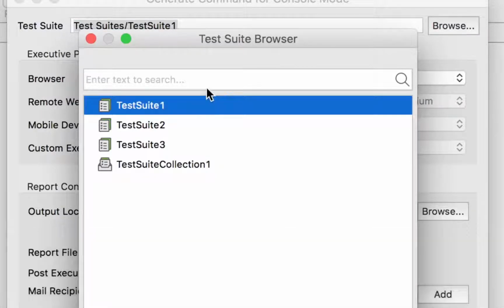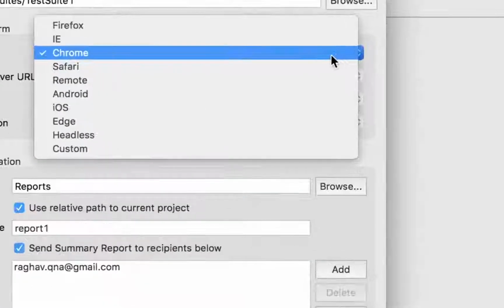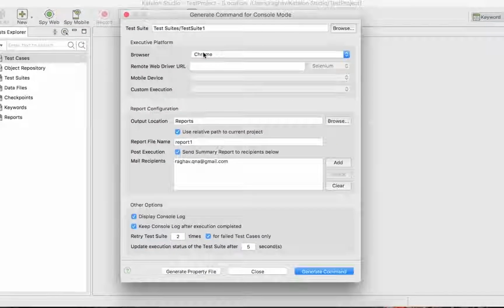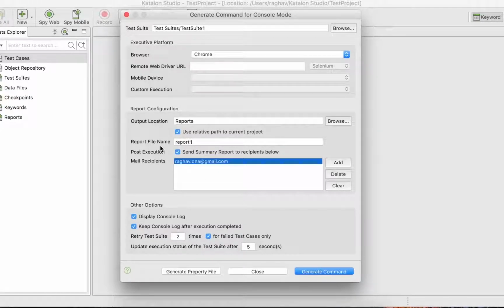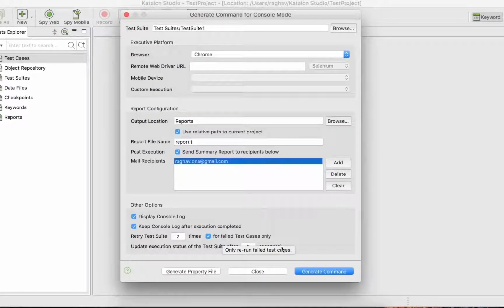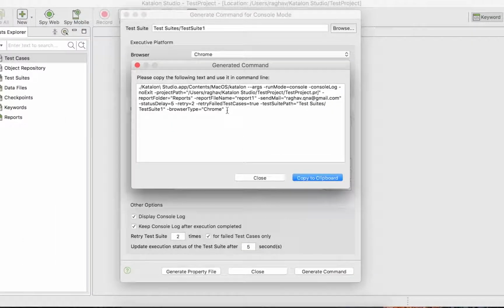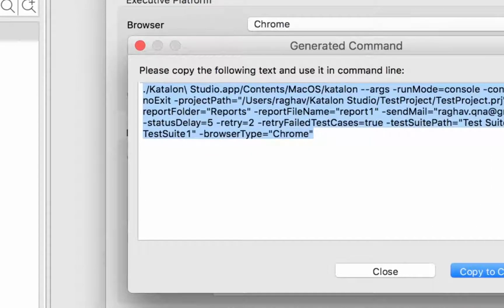So here you can select the test suite for which you want to generate your command. You can select the browser on which you want to run it, and then you can select the output location for reports. Let us keep it as it is, and you can specify the email recipients, and you can specify display log on console, and then the retry count. And now you can click the generate command button. So this will generate our command. So now let me just copy this command. I'm copying it from here,